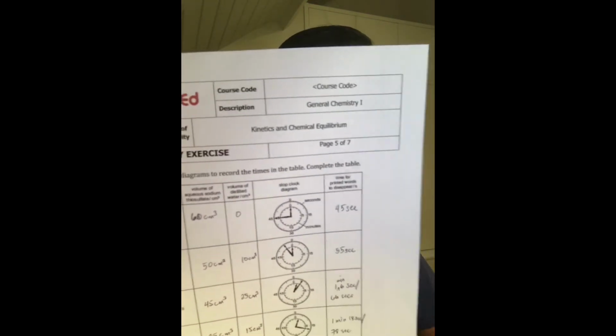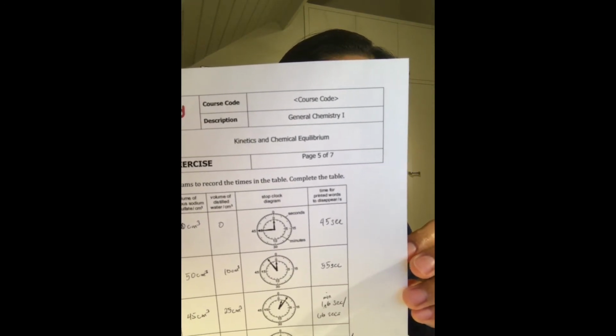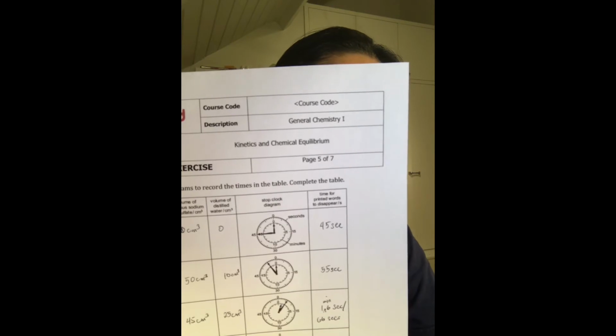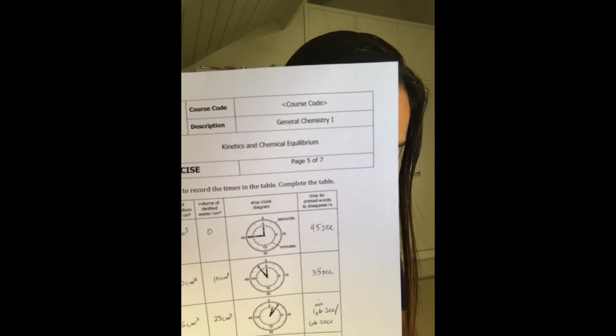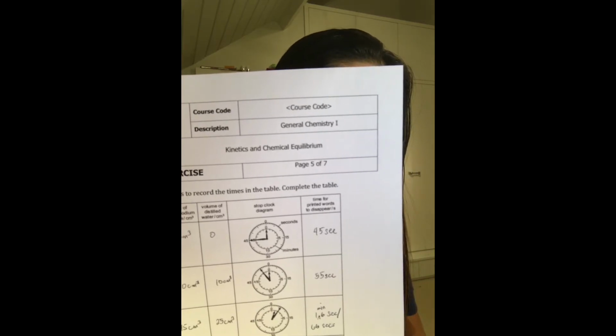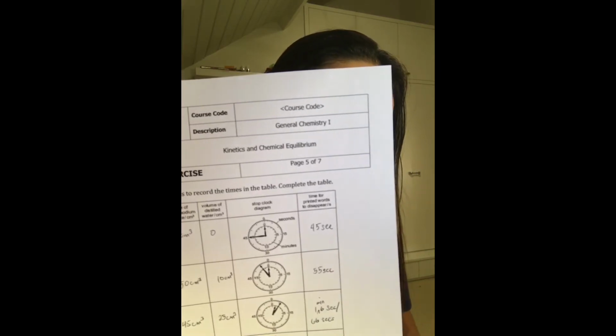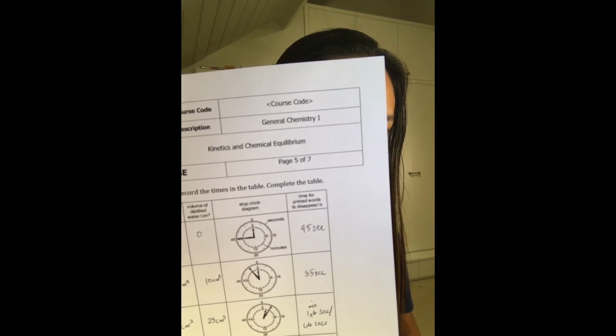On test 1, the volume of aqueous sodium thiosulfate per cubic centimeter is 60 cubic centimeters, and the volume of distilled water per cubic centimeter is